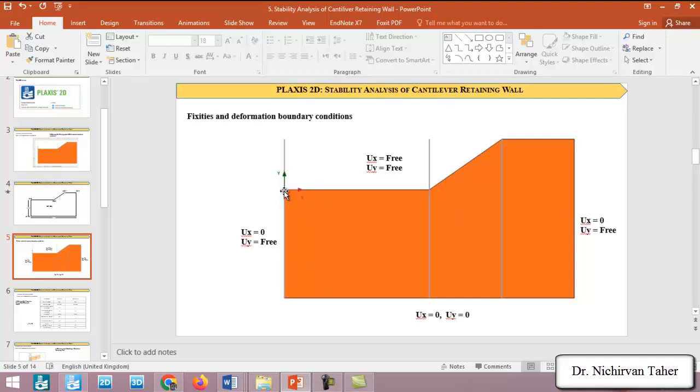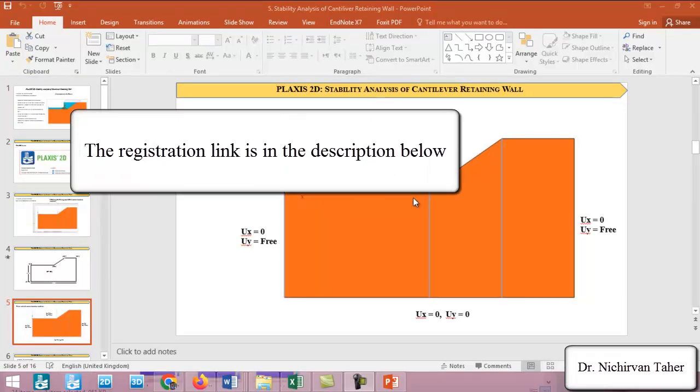So the top of the model is free, so it is allowed to deform or displace in x or y direction. So this was just an introduction of the PLAXIS 2D stability analysis of cantilever retaining wall course,